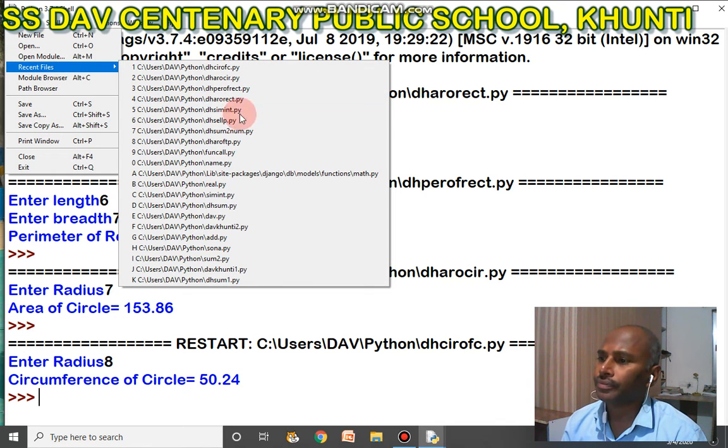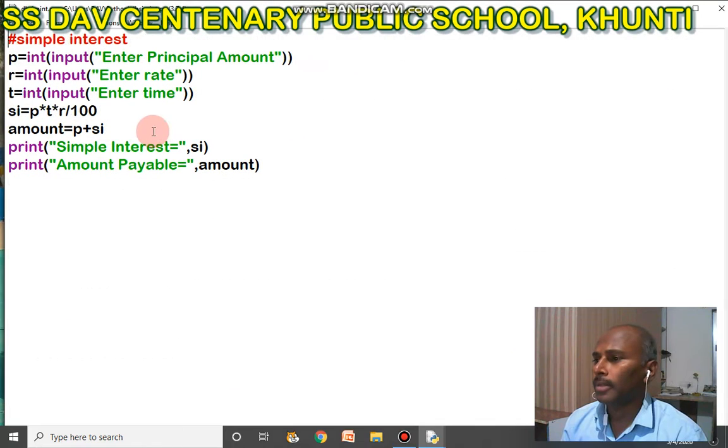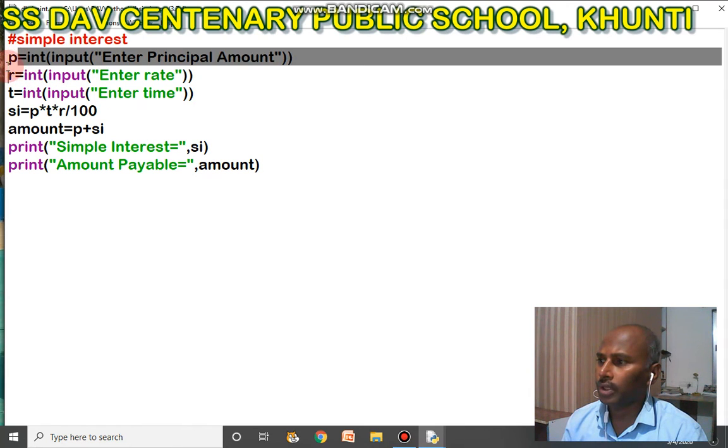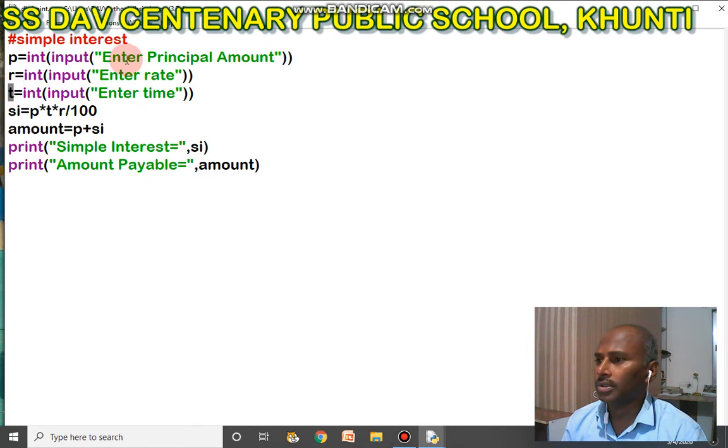Next program. This program is related to calculation of simple interest and amount. For calculating simple interest, we have to enter 3 values as P, R and T: enter principal amount, enter rate, enter time, and this calculation is stored in SI.